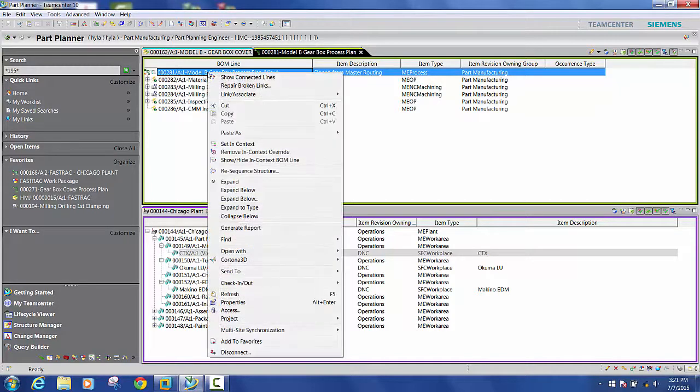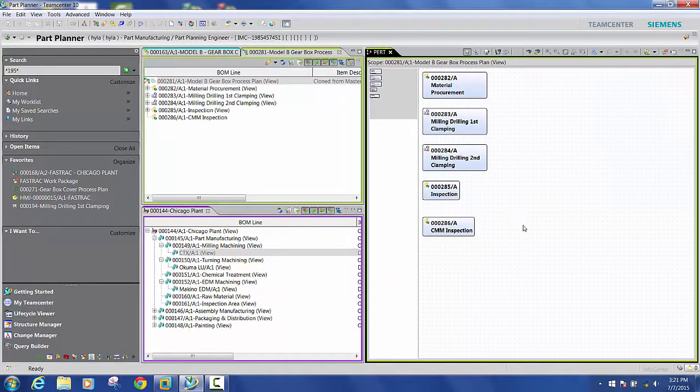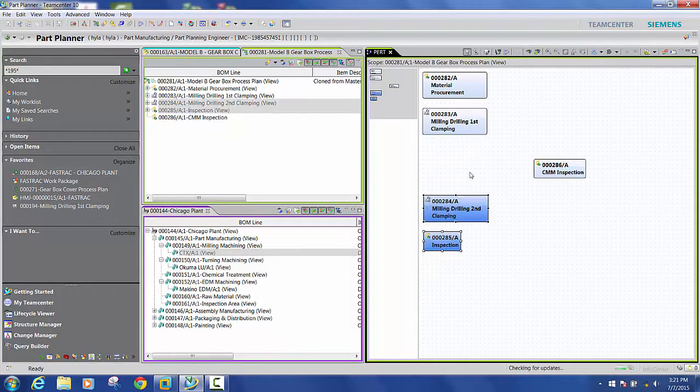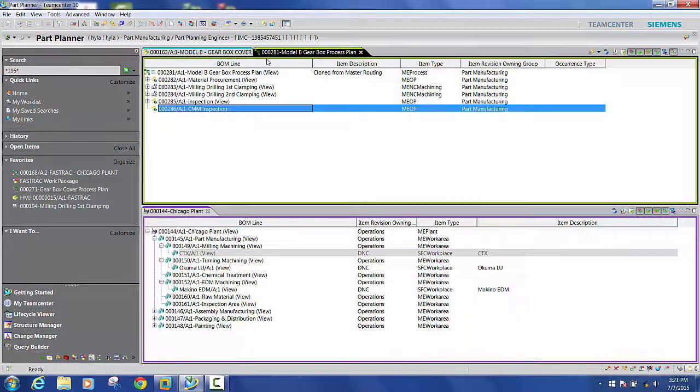To do that, I'll demonstrate the Pert Chart by doing open with Pert View. The Pert View is where we define the sequence of manufacturing operations. In this case, I'll drag this off to the side, make a little room here, and place the CMM inspection task in between my two machining operations. Now I'll click the Draw Flow button and simply draw flow lines in the sequence of operations, which reflects the manufacturing process. I'll close,